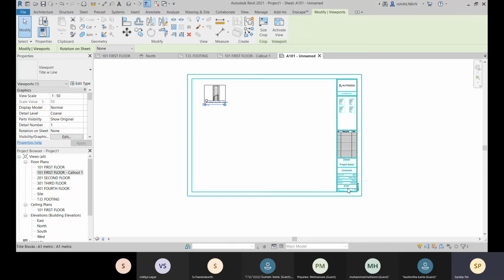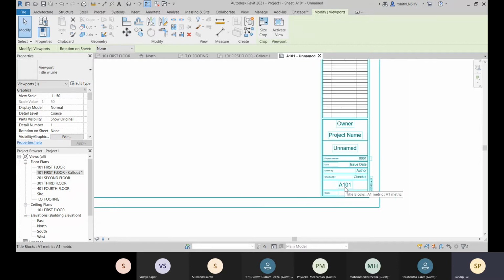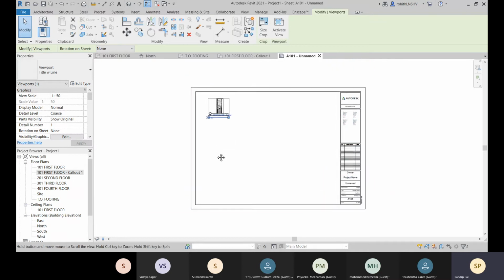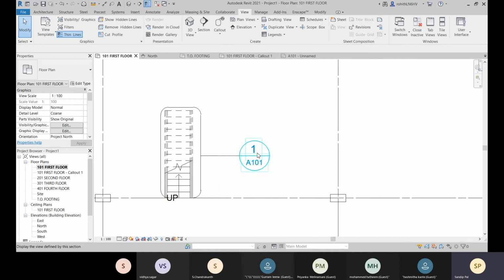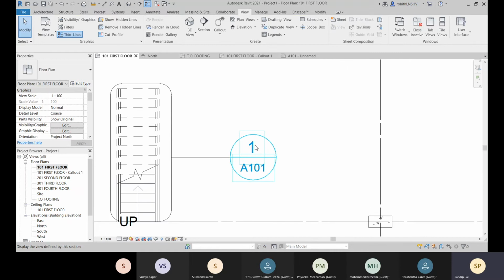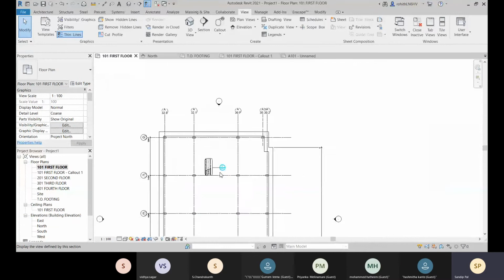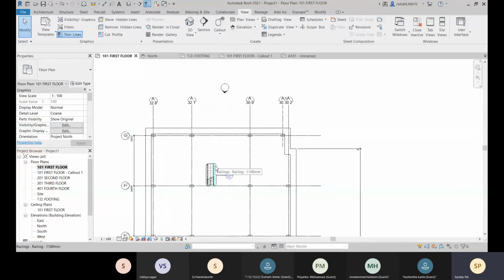And what is the sheet number? That is A101, right? And now come to this first floor now, and here you can see that this is added now, 1 A101. So this is how you can create one callout view over there.